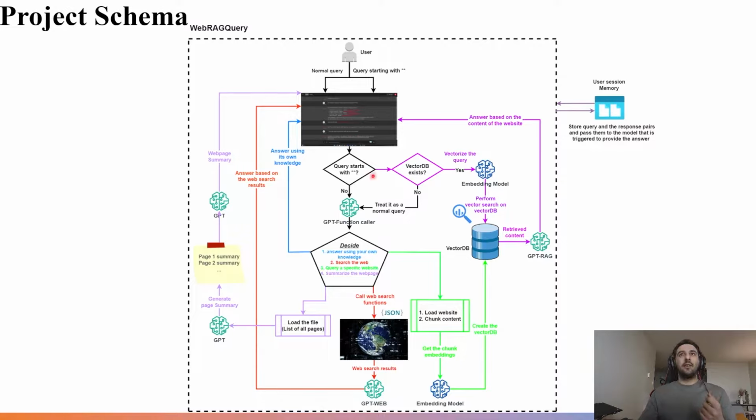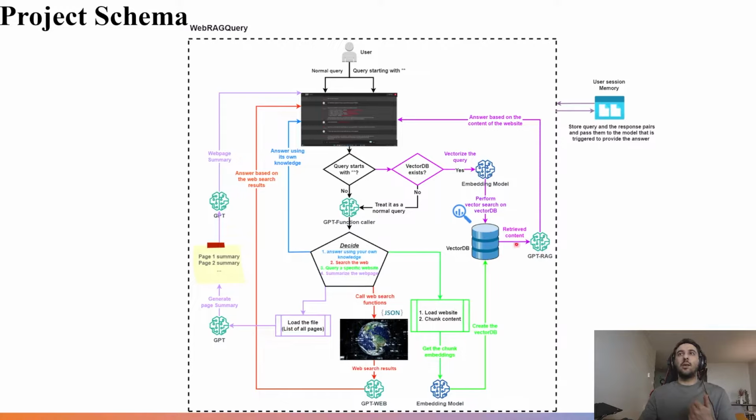So I pass my query. Then in the first step, we are going to check whether the query starts with 2 stars or it doesn't. If it starts with 2 stars, I'm going to double check whether the vector database was created or not. If the vector database does not exist, I'm just going to simply treat that prompt as a normal prompt. If the vector database exists, I'm going to vectorize my query, perform a vector search, and then retrieve some contents,